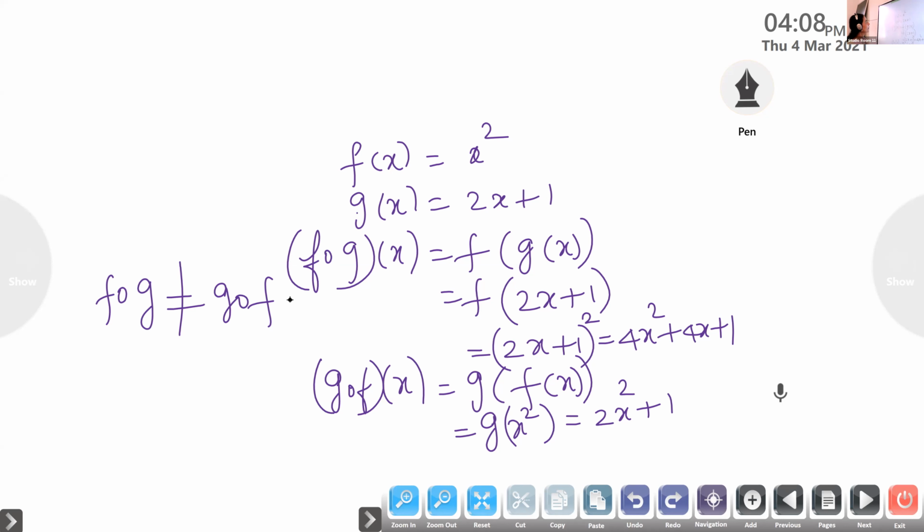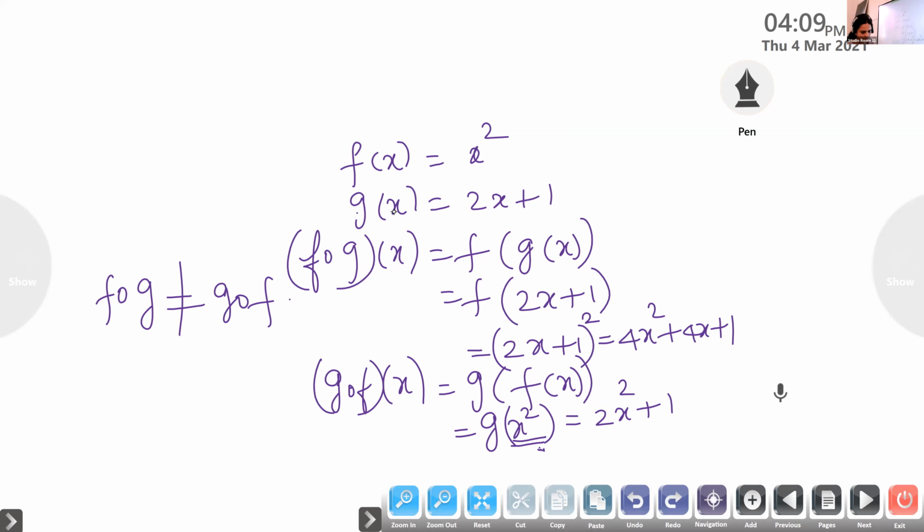Is it okay, Nandana? Ma'am, can you explain the second part again? Second part is g of f of x. We are starting with g composition f of x. It is g of f of x. What is f of x? It is x square. So g of x square. Now look at the function g. What is the function g doing? 2x plus 1. What is the argument? You multiply it by 2 and add 1. Now here, what is the argument? X square. So in the place of x, we should put x square. So it is 2 into x square plus 1.